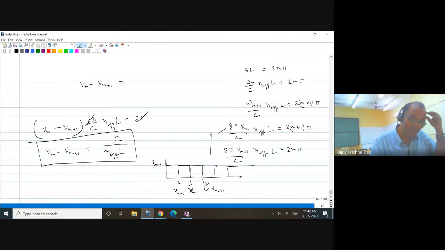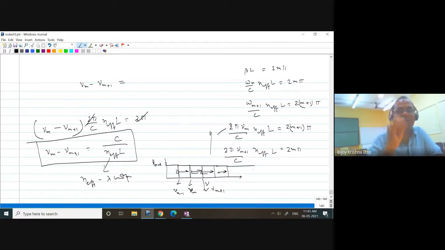So their separation, basically, they have equal spacing in the frequency domain, provided n effective is wavelength independent, or frequency independent, lambda independent. So if n effective is lambda independent, then I know which particular wavelengths will be missing in my transmission. This particular spacing is very important for designing any integrated photonic device, and that is the so-called FSR.